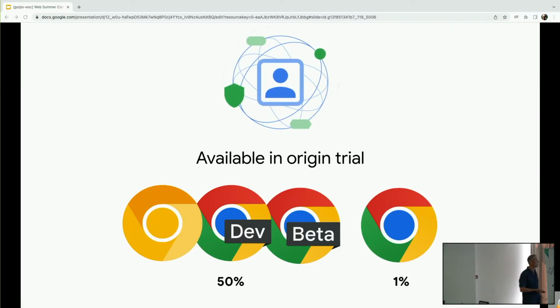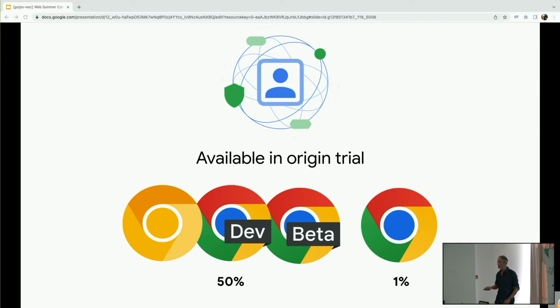So at the moment we have Privacy Sandbox, an origin trial that's running for 50% of Canary, Dev and Beta users and 1% of stable users. This is quite an unusual trial, actually. The default is for trials to be available for all users on pages that have a valid trial token. But for this one, it's being used in combination with Chrome variations that I talked about to only give access to 50% for Canary, Dev and Beta and only 1% at the moment for stable users. And that will be ramped up.